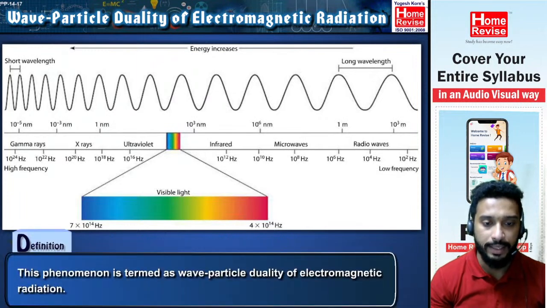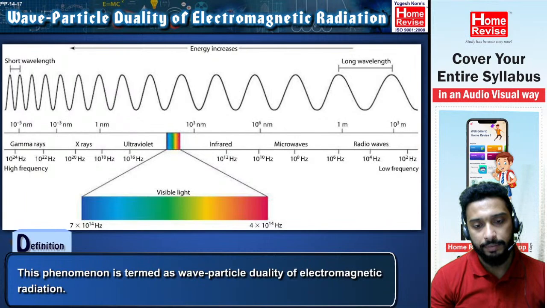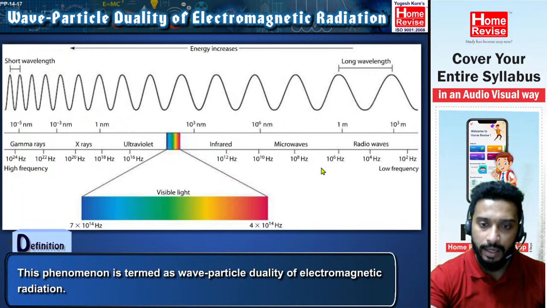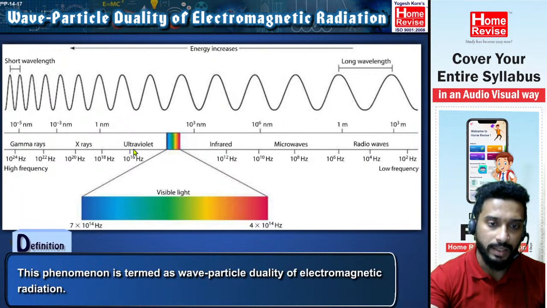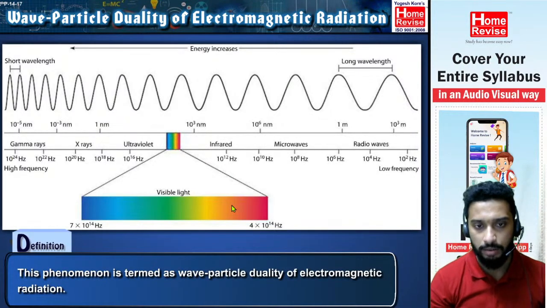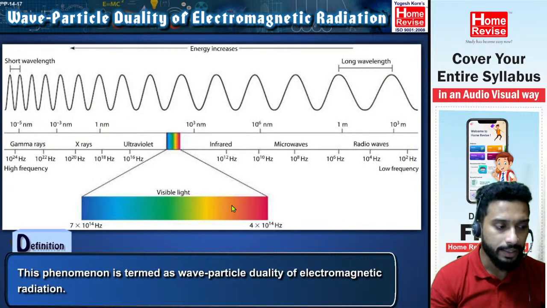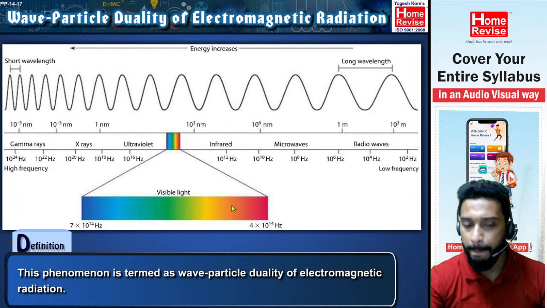This phenomenon is termed as wave-particle duality of electromagnetic radiation. राइट? तो इलेक्ट्रोमैग्नेटिक रेडिएशन हमारे लिए सिर्फ विजिबल लाइट नहीं है. ये पूरे इलेक्ट्रोमैग्नेटिक स्पेक्ट्रम के लिए अप्लाइड है. रेडियो वेव्स, माइक्रोवेव्स, इंफ्रारेड वेव्स, अल्ट्रावायलेट रेज, एक्स रेज, गामा रेज, इन सब के लिए duality is applicable. Okay,